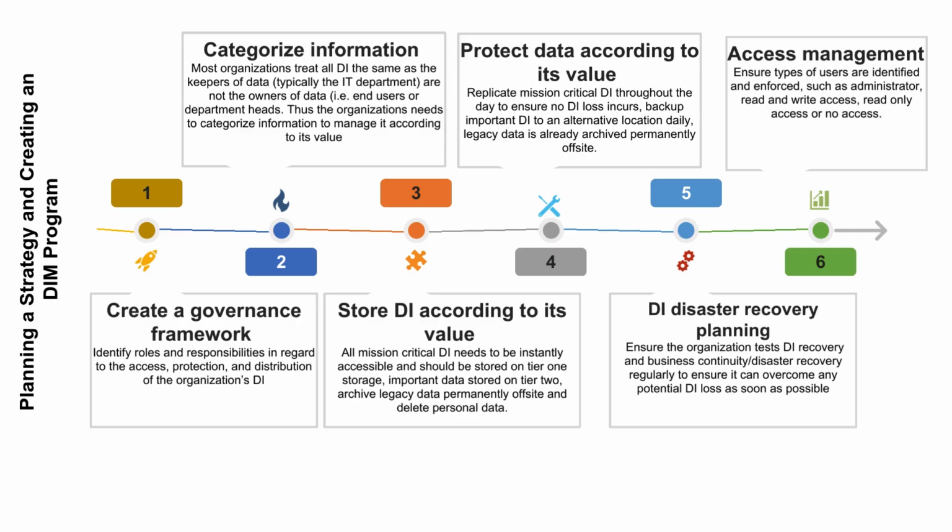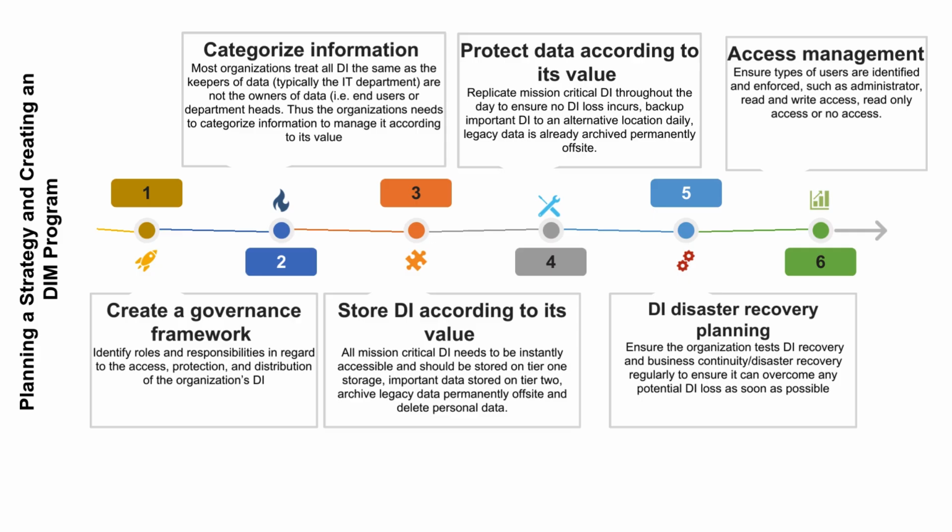Step 6. Digital information disaster recovery. Finally, the organization develops a digital information disaster recovery plan. It regularly tests data recovery and business continuity procedures to ensure systems can be restored quickly after cyber attacks, system failures, or natural disasters. This step ensures the organization can continue operations with minimal disruption. This case study shows how a digital information management program works in practice. By following the 6 steps: governance, categorization, storage, protection, access management, and disaster recovery, organizations can manage digital information securely,